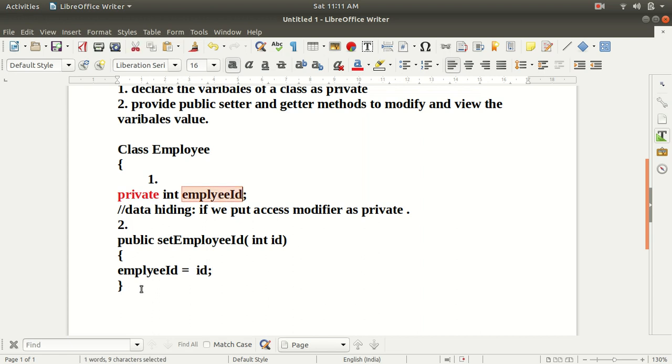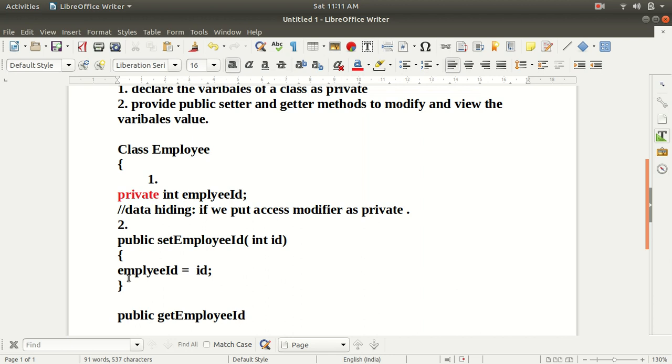Okay, so now I am going to create the getter method to fetch the value of the employee id from outside the class. We cannot fetch this value of the employee id directly from this class, because we have provided this as private. So we have to define a getter method to access this value. So public get employee id.